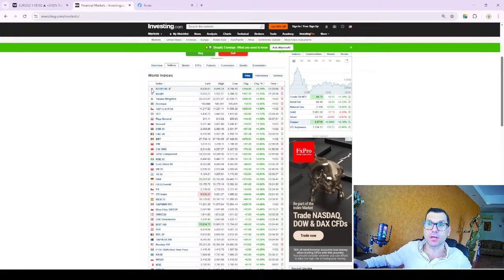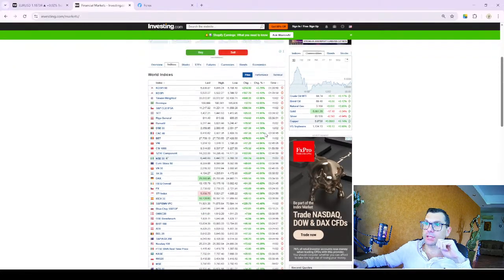As you can see, it's South Korea's 50 biggest companies. So this index has gone up by 3.75%. So these are the top gainers today. If you wish to trade, let's say, indices, you can continue with these ones, right? Because they have a good trend. So that's just about indices.